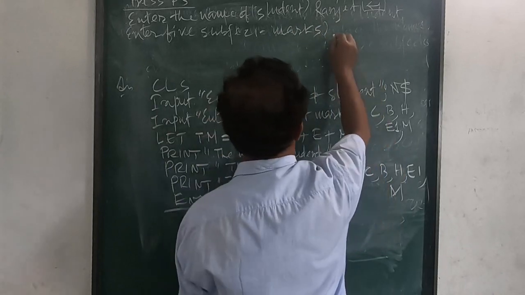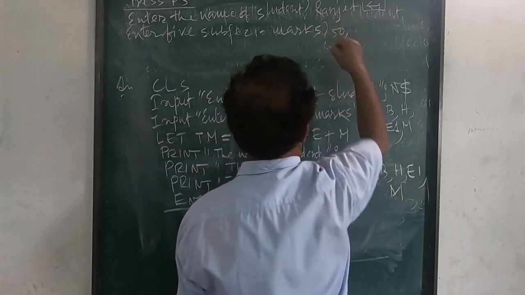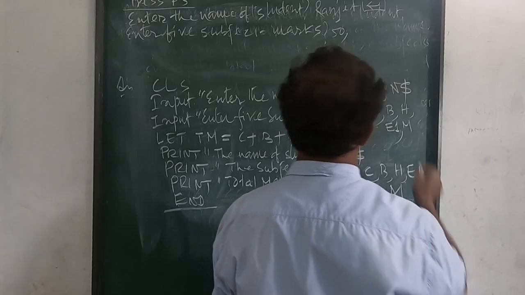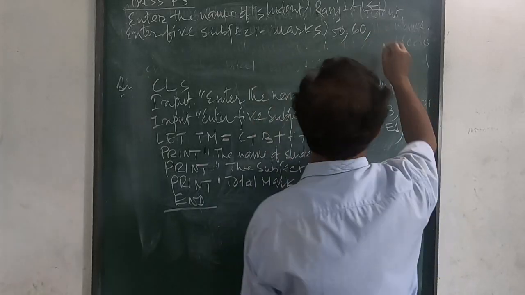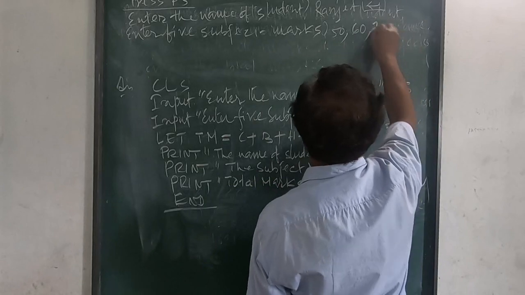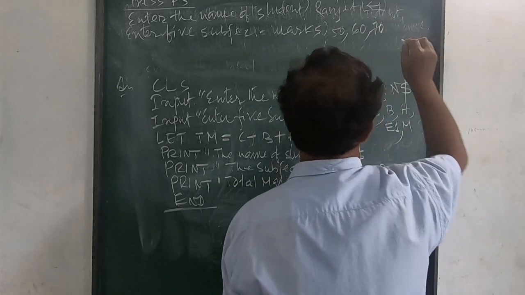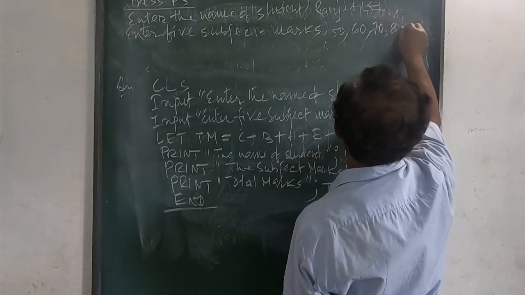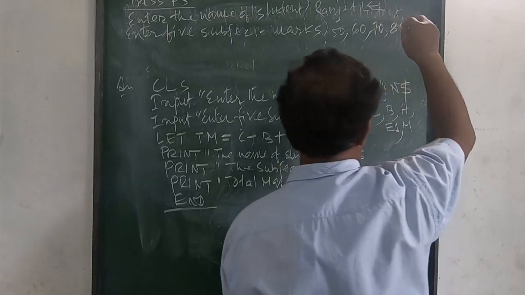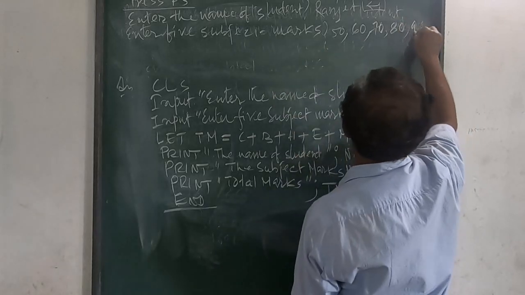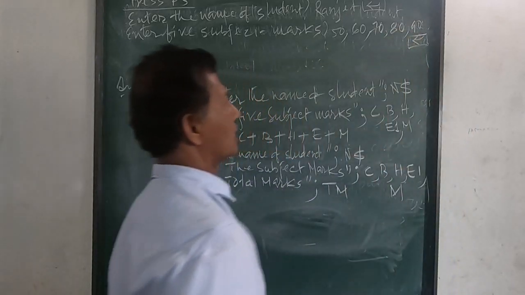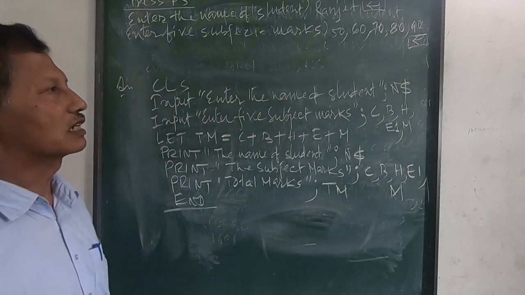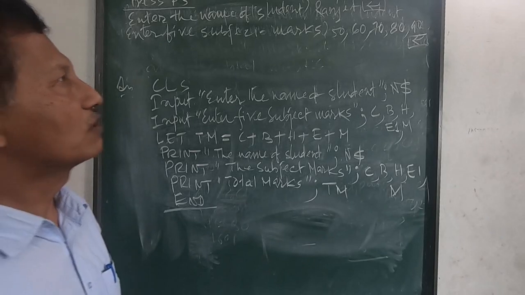Suppose computer is 50, then biology is 60, then history is 70, then English one is suppose 80, then maths is suppose 90. Press enter. So what happens in this case is, as soon as you press the enter key, the value that is